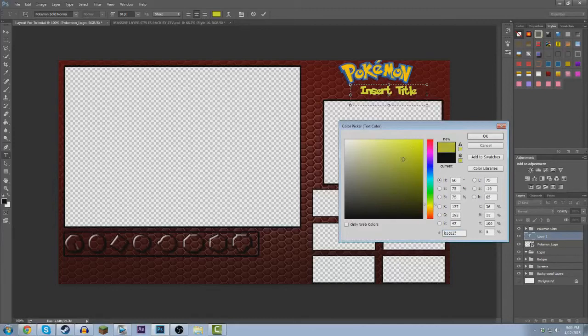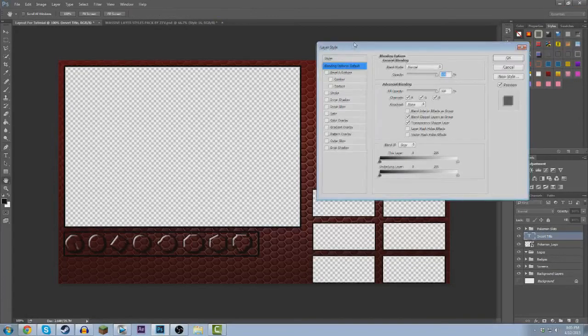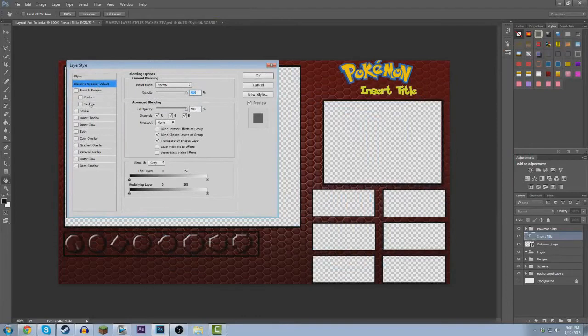Yellow. Is that about the... no, it's not, nowhere near it. I would say that is close enough. So that's that, and then you're going to want to go to blending options again. And blending options is our best friend, guys, like trust me. So go to blending options, and then you're going to move it out of the way, and you give it